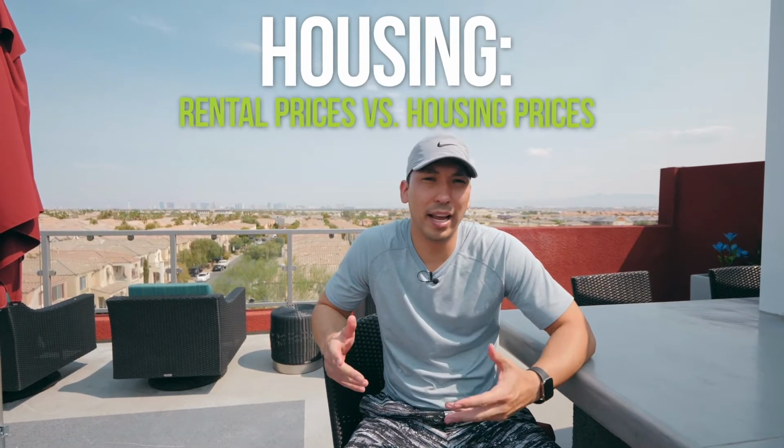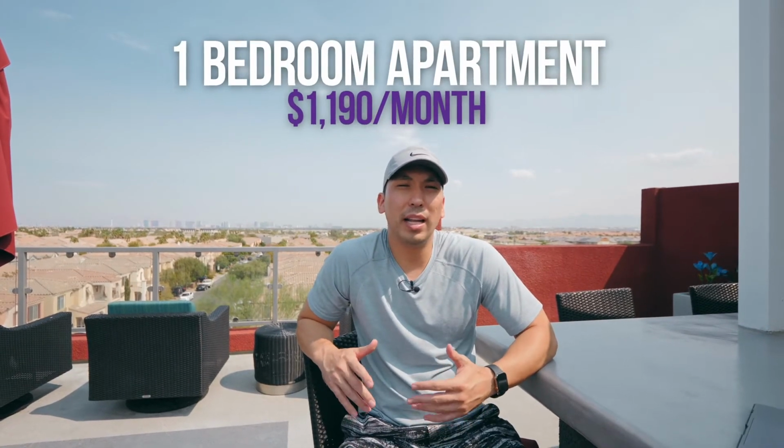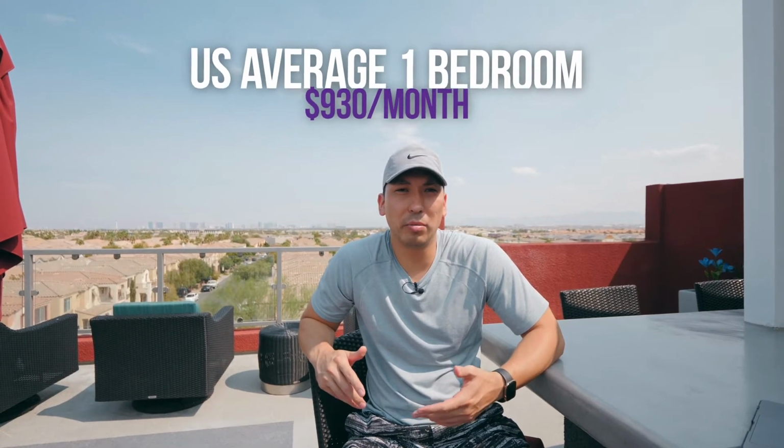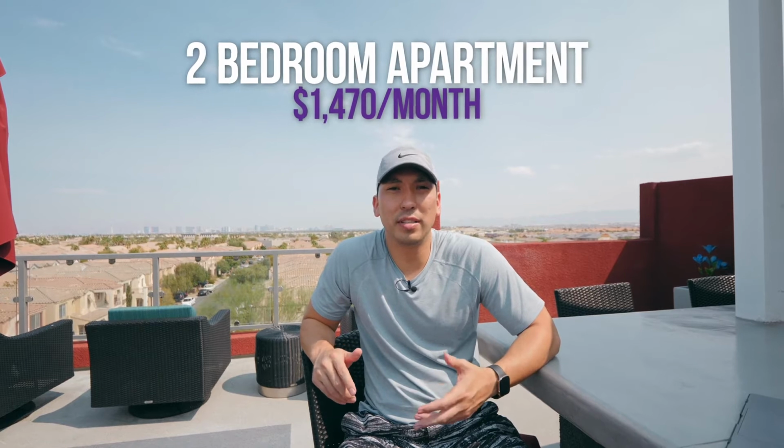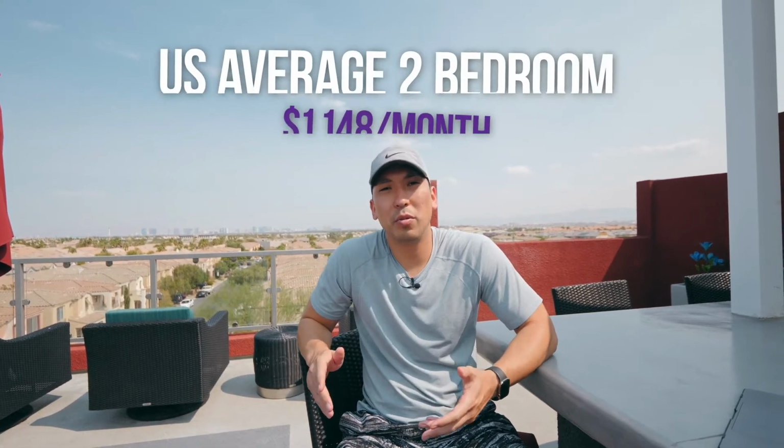So just depending on how much you drive will determine obviously how much you're going to be spending for your gas every month. Last but not least, we're going to talk about rental prices and housing prices. So the average rent for a 1-bedroom apartment is about $1,190 a month. The US average is about $930 a month. Now a 2-bedroom here in Summerlin is $1,470 a month, compared to the US average, which is